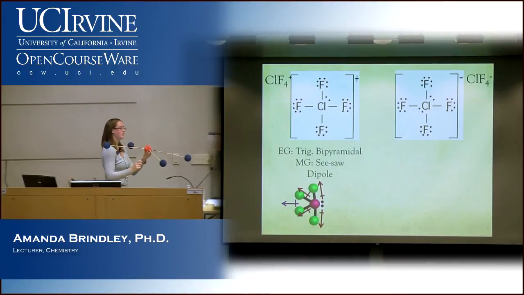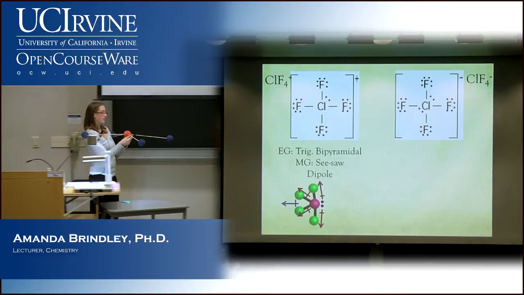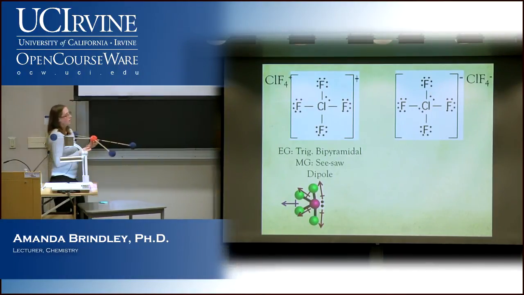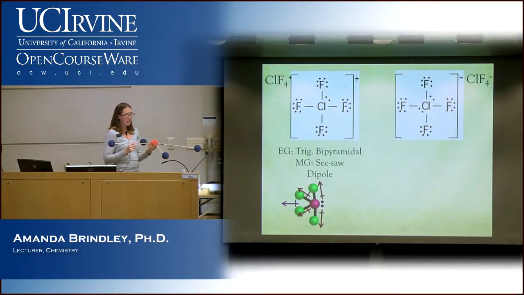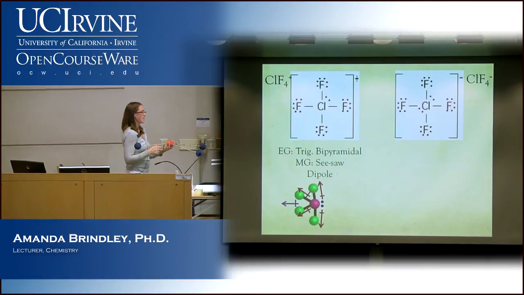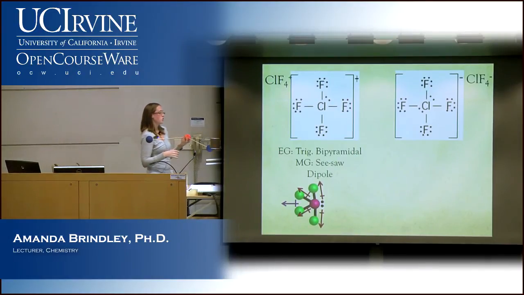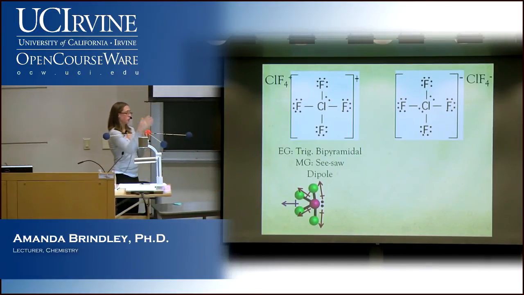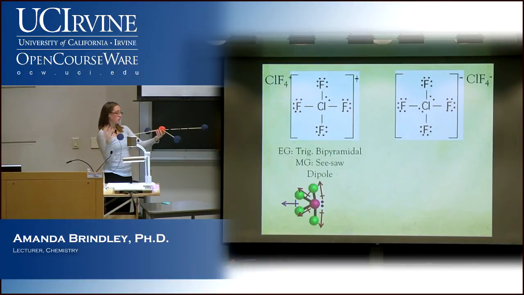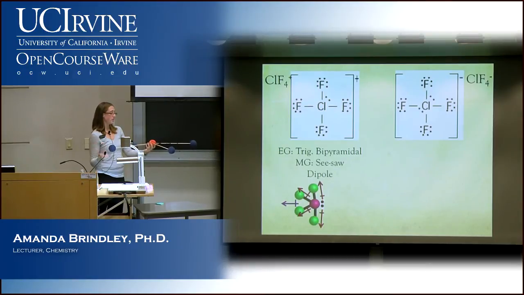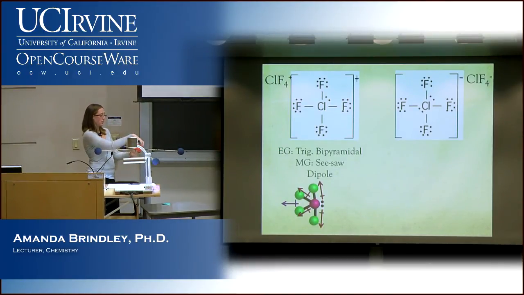Does the dipole ever point towards the central atom? If you had the most electronegative element in the center, it would. But in general, that's not how molecules get set up. So for the most part, your least electronegative one is going to be in the center. And so all the ones on the outside will be more, and it'll pull it that direction. But theoretically, if you had a molecule that was the most electronegative in the center, then yeah.